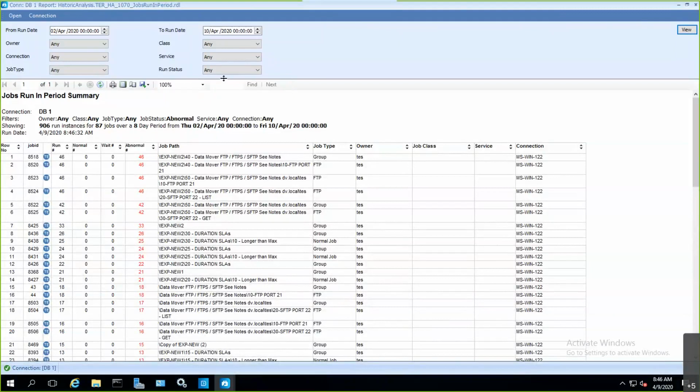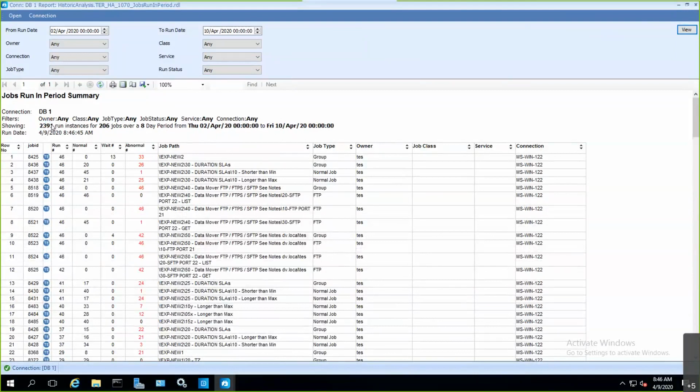Out of a total of, I think it's a couple thousand. So out of the 2,400 jobs we had, we were able to find out how many were abnormal. And then once again, left click, report,